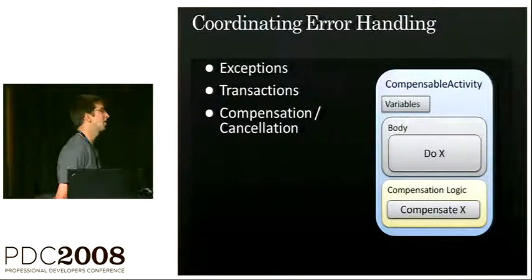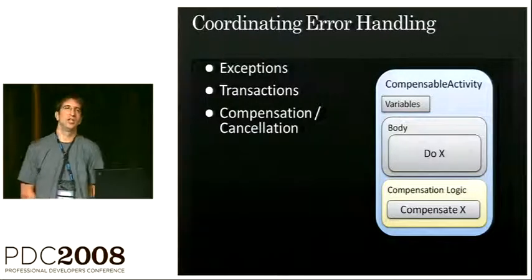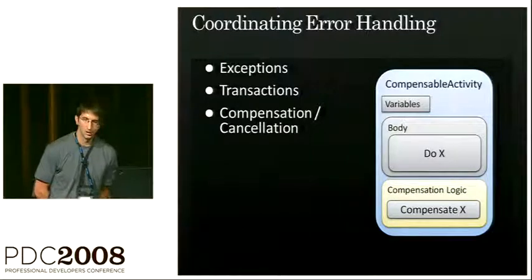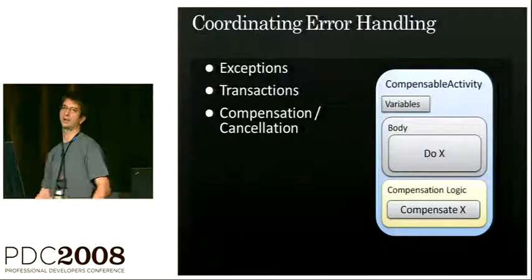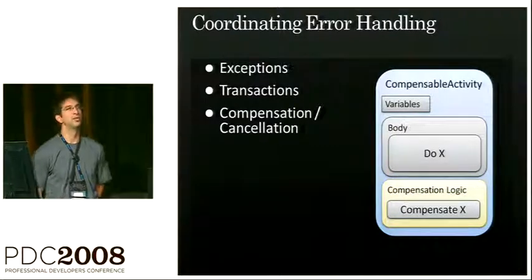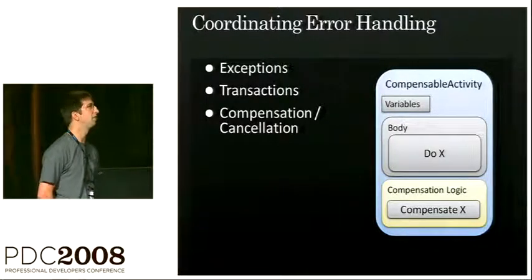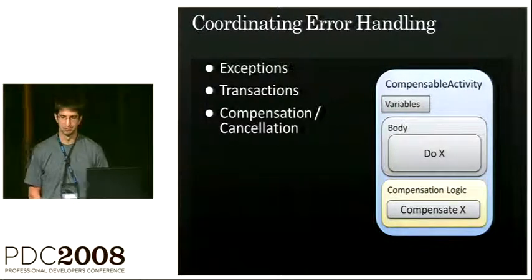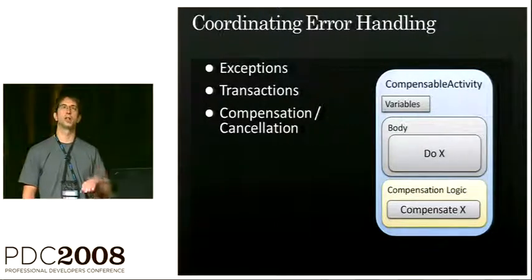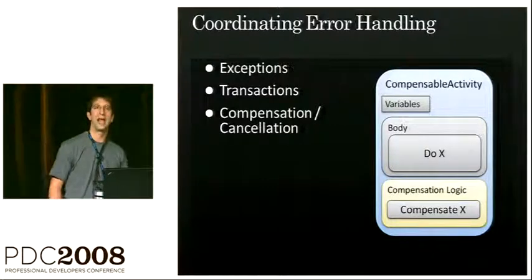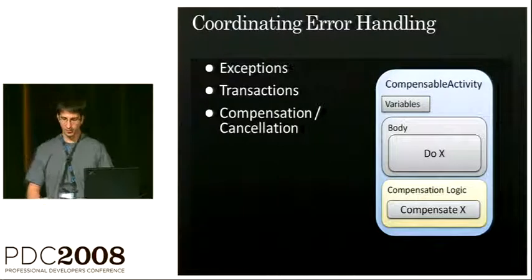In real-world apps, as I mentioned earlier, we can't always do our atomic state changes using transactions. So we often need to use some kind of non-transactional coordination protocol in order to cancel outstanding work, in order to undo something that's been done or completed. Once again, in fitting with the theme of pushing that coordination work to the platform, Workflow provides a programming model for compensation that allows you to focus on the logic of your service while Workflow handles compensation, cancellation signals, and the management of your state.